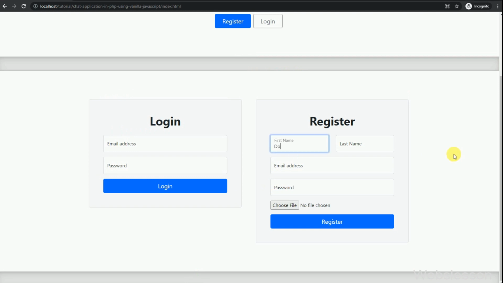In the register form, all fields are compulsory, so here we have filled all the register form fields.